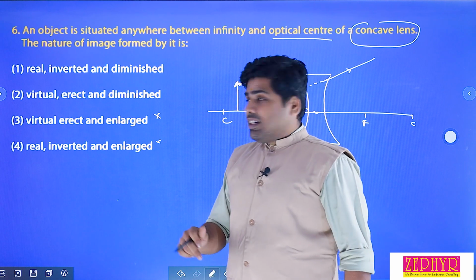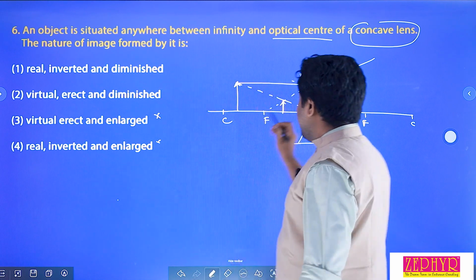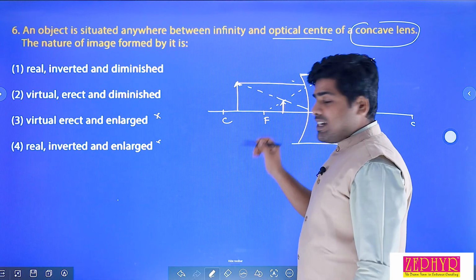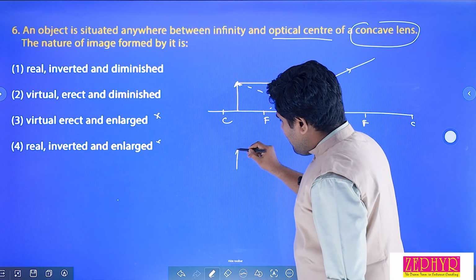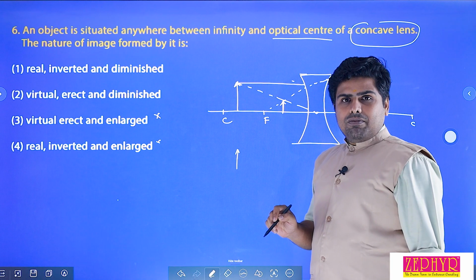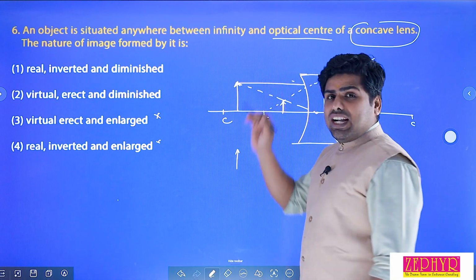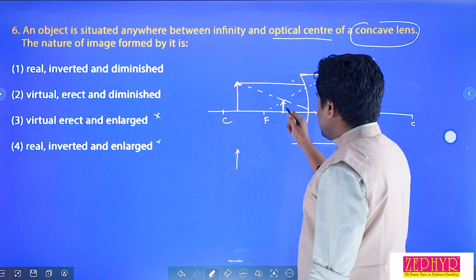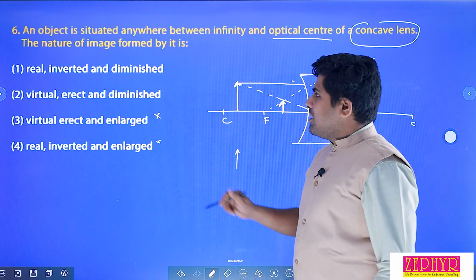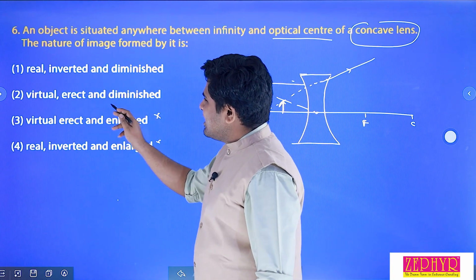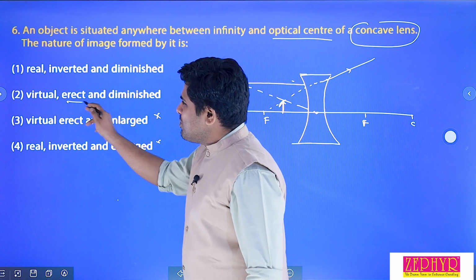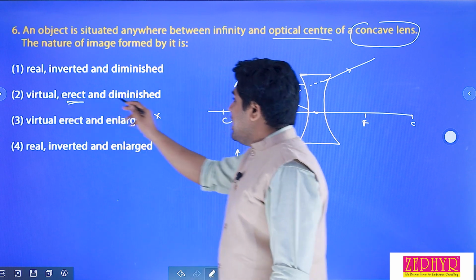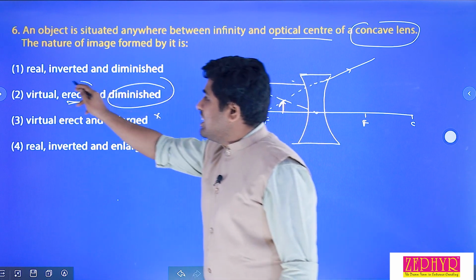And the second one, see, the image is an erect image, right? Erect means it is standing like the object, okay, in the upward direction. It is pointed in the upward direction. So that one is erect. So here the image is erect. So which option says the image is erect? Yes, this one. That is the right answer because the image is diminished, the image is erect, and